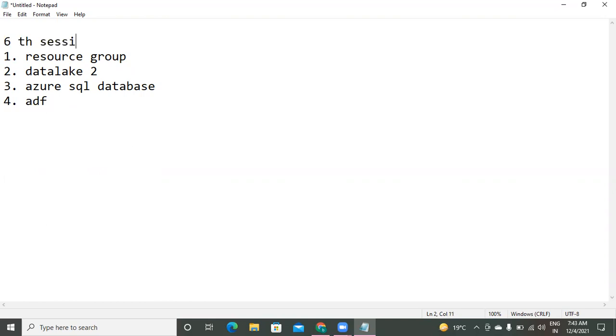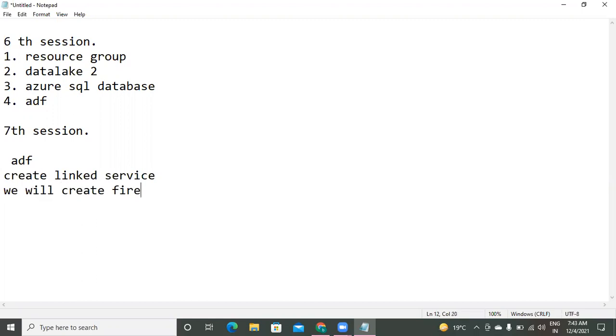I think 6th session. Today, as part of 7th session, we will step into ADF and we will create linked service. Then we will create our first pipeline, the first sample pipeline.